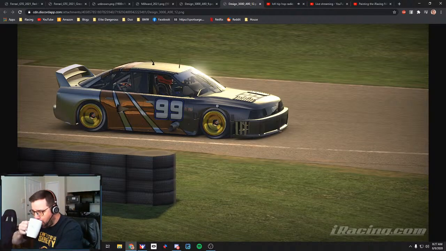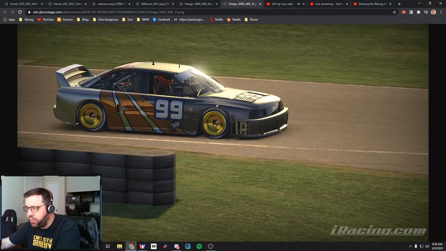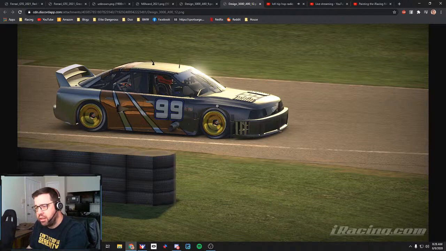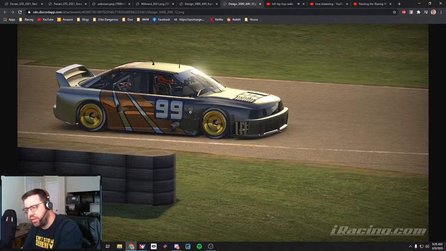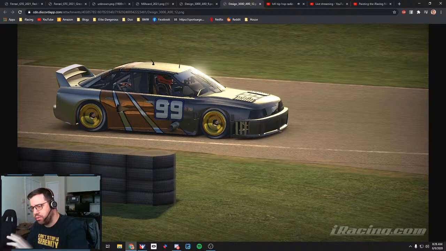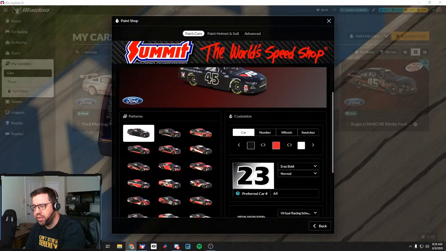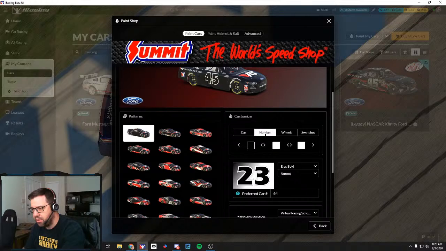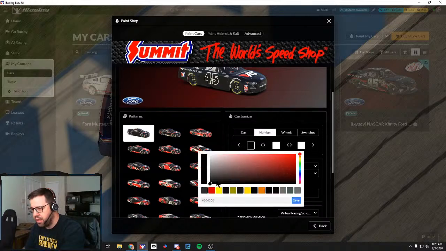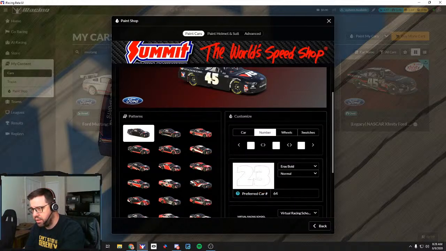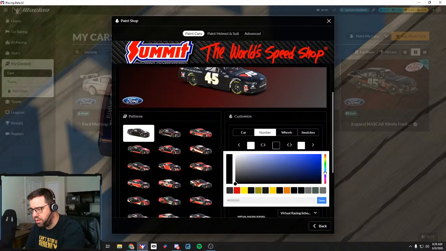But basically, I want to recreate this sort of theme on the NASCAR car. And so notice a couple of things. The wheels in this case are gold. I might not go gold. And then the numbers are white with a blue background. So let's do that part. I'm going to go over here to my number, and I'm going to choose white, right? And then I'm going to choose